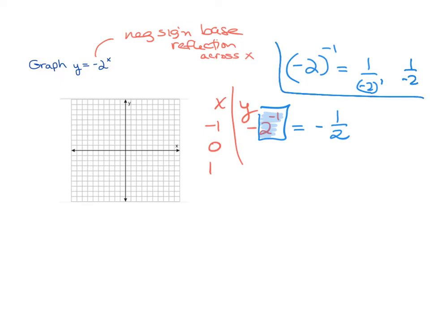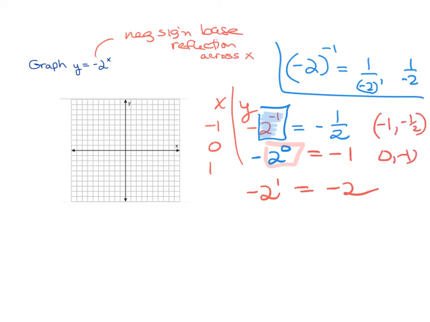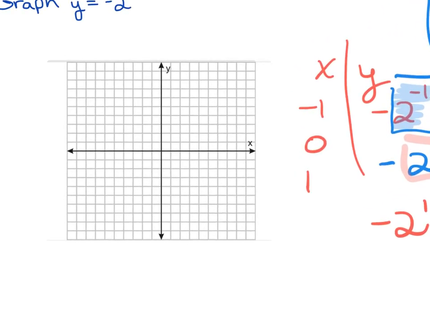Okay, so then let's plug in the 0. Now, again, the only thing that's being raised to the 0 power is the 2. The negative sign goes in front. So this becomes -1. And then -2 to the first, and that's also -2. So the 3 ordered pairs are -1, -1/2, 0, -1, and then 1, -2. So again, if I take my 3 points, -1 and -1/2, here and here,